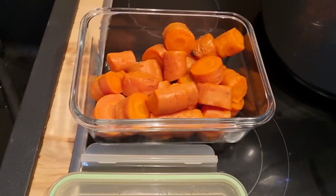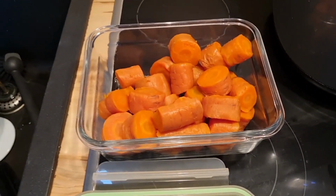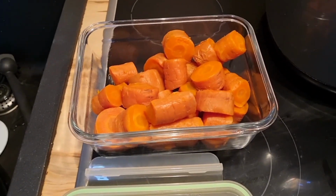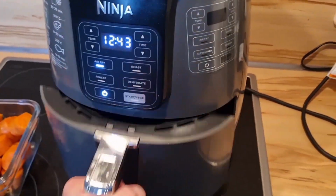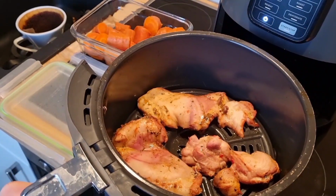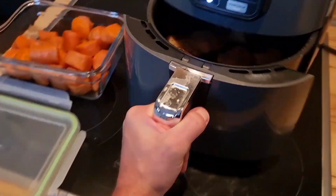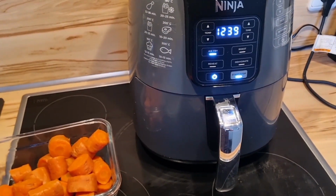Then I made organic carrots. I pre-cooked them yesterday and put them in the fridge. And what I'm doing here is using the air fryer to do organic chicken leg. There's a lot of fat in here. And the system here is, after a while I turn the chicken around, and when it's like 11-12 minutes in,